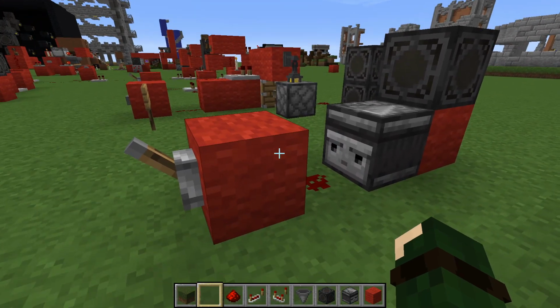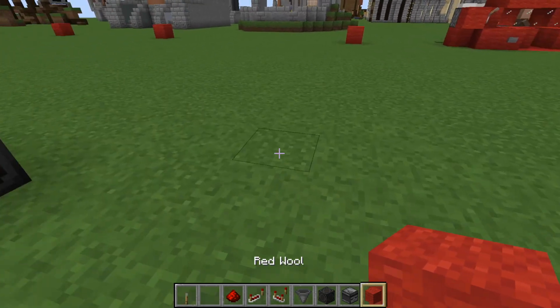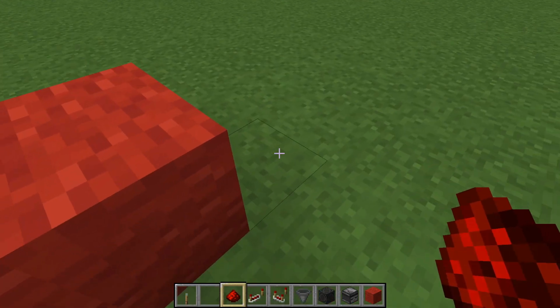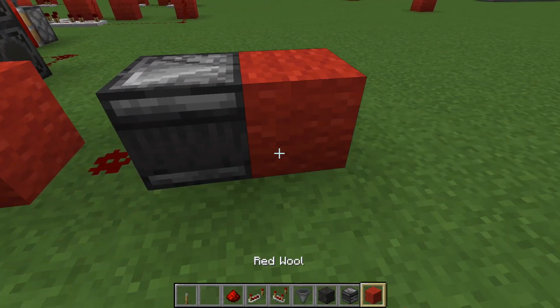So let's build this. It's going to be one of the easiest builds. We get ourselves a lever here, and then we'll just rebuild it directly behind it. This is so easy. You do a lever, you can do it on top, any place you want, and then we just put a piece of redstone down, and then we just look at that redstone, and then a block.